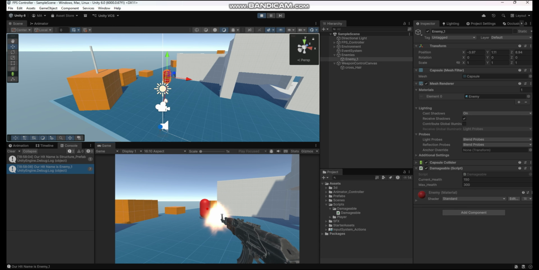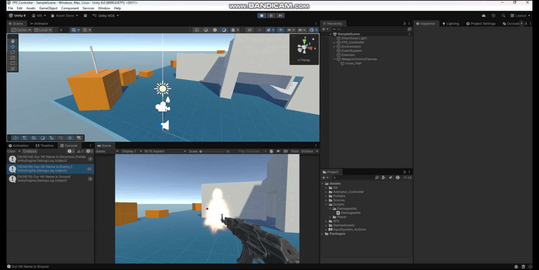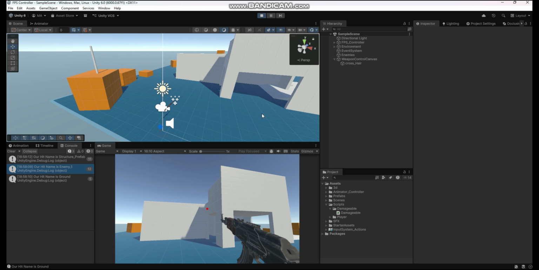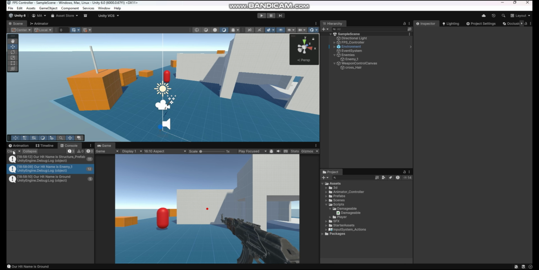Every shot decreases the enemy's health, and once the health becomes less than or equal to 0, the enemy gets destroyed automatically. Right now, when we shoot the enemy, it only takes damage, but there should be a physical reaction from the bullet hit. For this, we'll add an impact force to make the shooting feel more satisfying and realistic, and we'll apply force to the object when the bullet hits it.